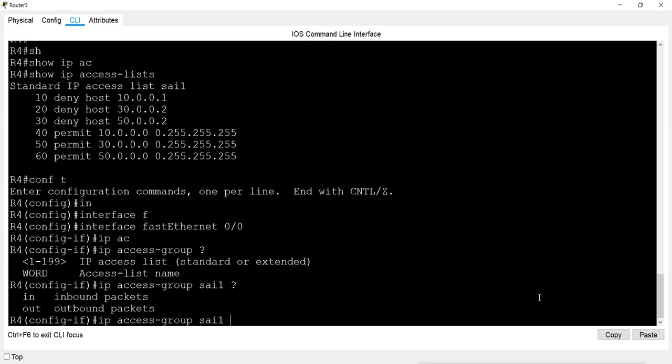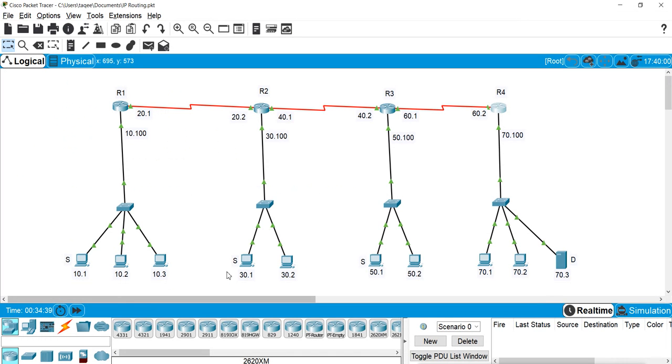Now here again we have to mention whether we want to filter inbound traffic or outbound traffic, and for testing this we have to see the design properly, that this is the source and this is the destination.